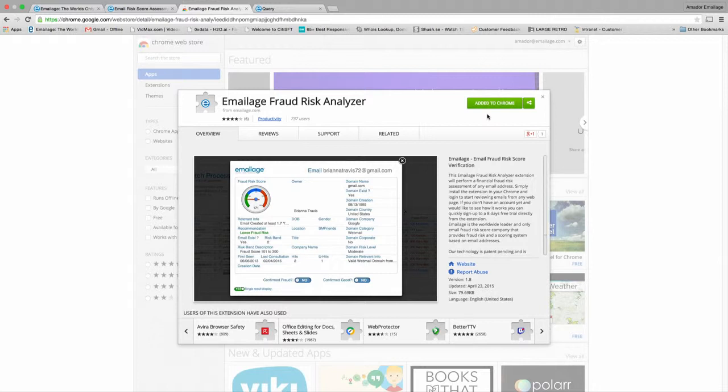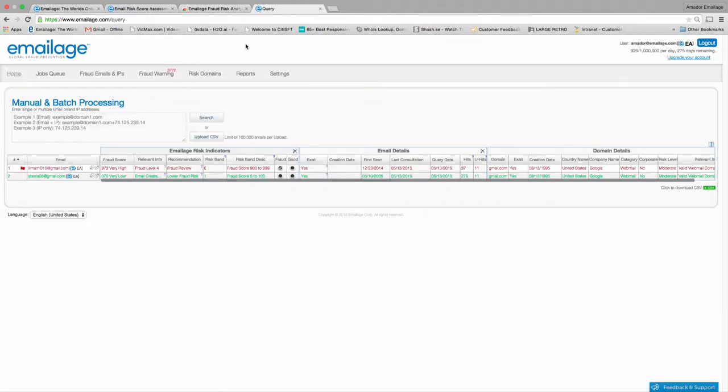If you are using Chrome, like we are right now, you just need to click on Enable Extension for Chrome, and you get a screen like this that Jennifer just showed us. With one click, you enable that extension for Chrome. What that's going to do is, on any page where there is an email address, you are going to see an icon near that email, right?